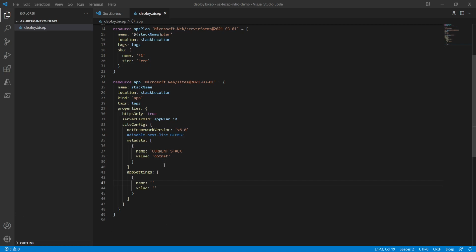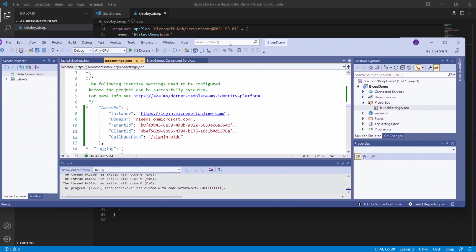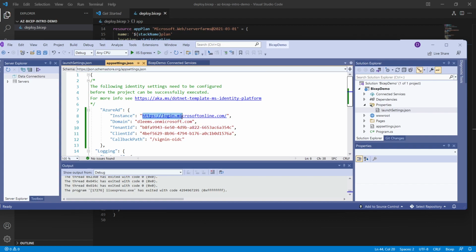So the way that we kind of organize this in app services is we declare that value with this kind of colon, right? So if it's Azure AD and then there's a child instance, right? And then with the value, we concatenate it like this. All right, so now we have the Azure AD instance. What we need to do is put in the value. So I'm just gonna quickly bring us back here, and you can see that the instance is kind of the login